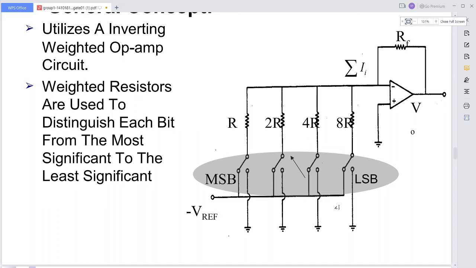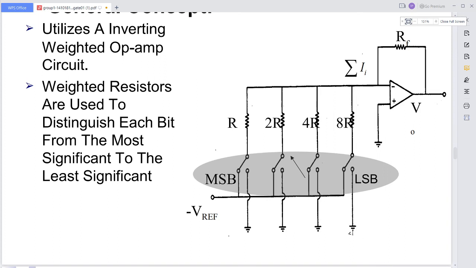Now we took the example of the 4 bit only. 1, 2, 3, 4. So we have a wide range of resistance from R to 8R. What is R? It is 2 power of 0 into R. This is 2 power of 1 into R. 2 power of 2 into R. This is 2 power of 3 into R. Now all these bits, let us assume that this is B0, B1, B2, B3, and we are saying it is a